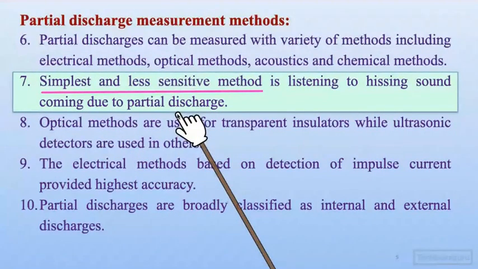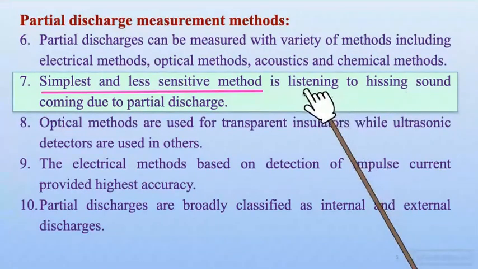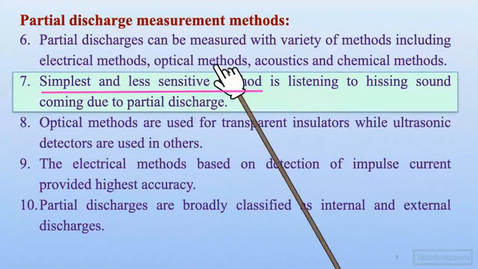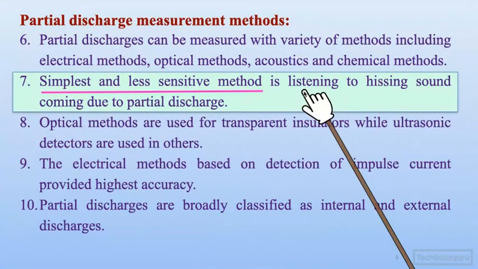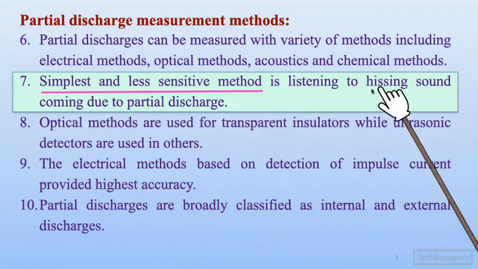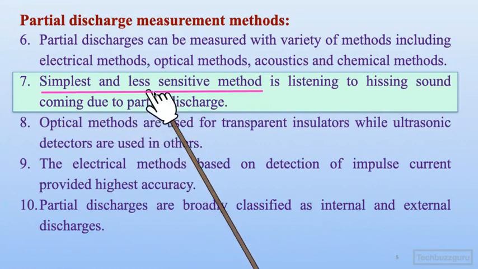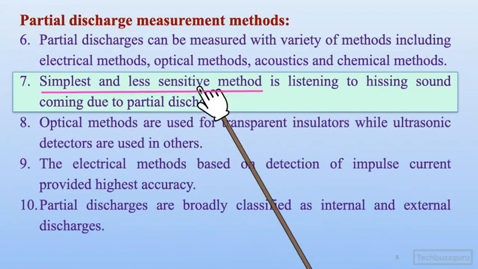When high voltage is applied across an insulator, if the insulator starts making some kind of hissing sound, if some sound is coming from inside the insulator, that is a clear-cut indication that some kind of partial discharge is taking place inside it. An ideal insulator should not give any hissing sound when we apply electric stress. If a sound is coming, the easiest way is to just listen to the sound and realize that there is a partial discharge. But of course, you don't know the intensity. That means it is a less sensitive method.